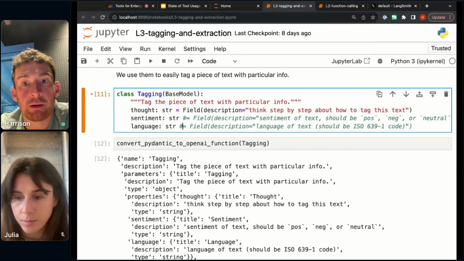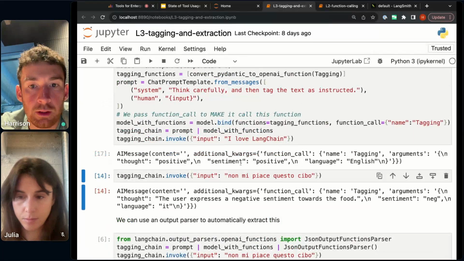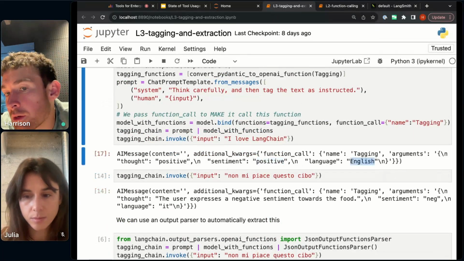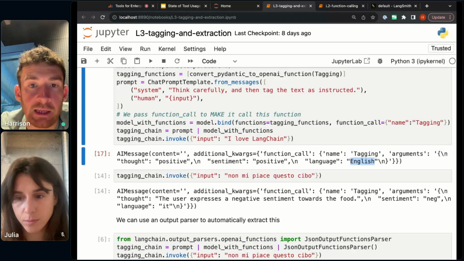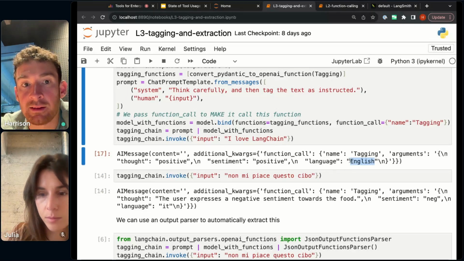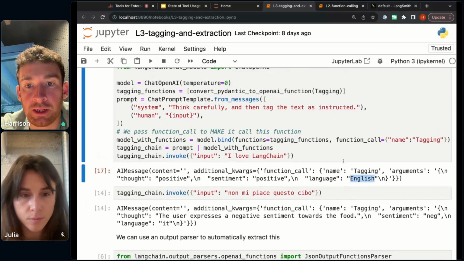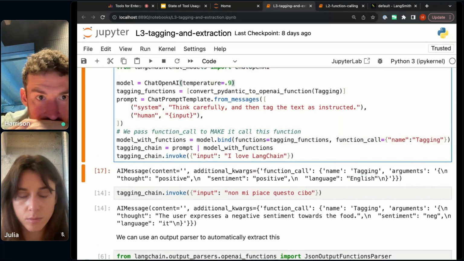Just for fun, let's comment out this description. Now if we call the language model, we can see that it responds with positive and English. These are correct, right? But the whole point of tagging often is to get data in a specific format. While these are correct, they aren't in any particular format. And actually, if we change the temperature,